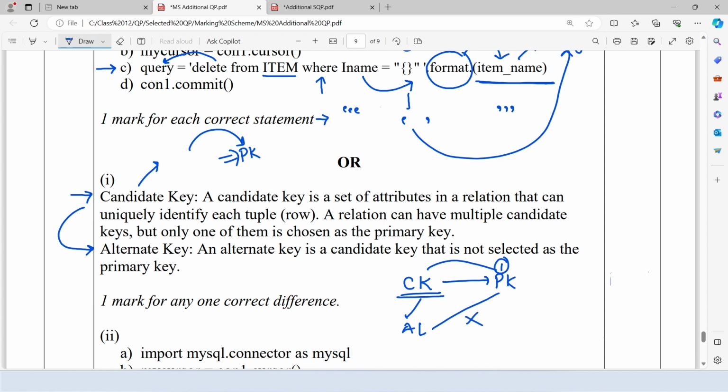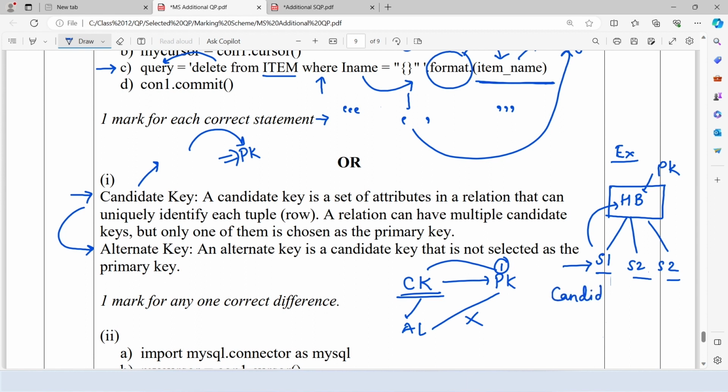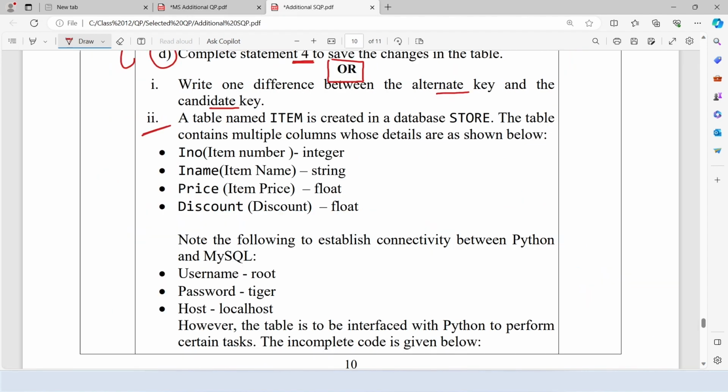You can very well understand this concept with one simple example. Consider there is an election for the head girl or head boy. There will be many students competing for this post, but you know only one of them can be elected for that post. So head boy or head girl is the primary key, and all the students who are competing, we will call them candidate keys. And those students who are not elected as head boy or head girl can be called alternate keys.